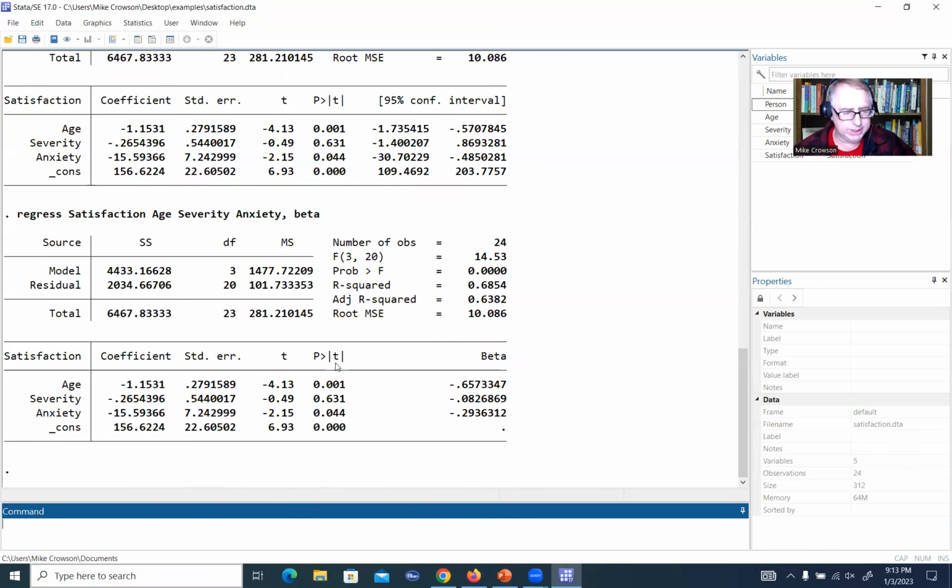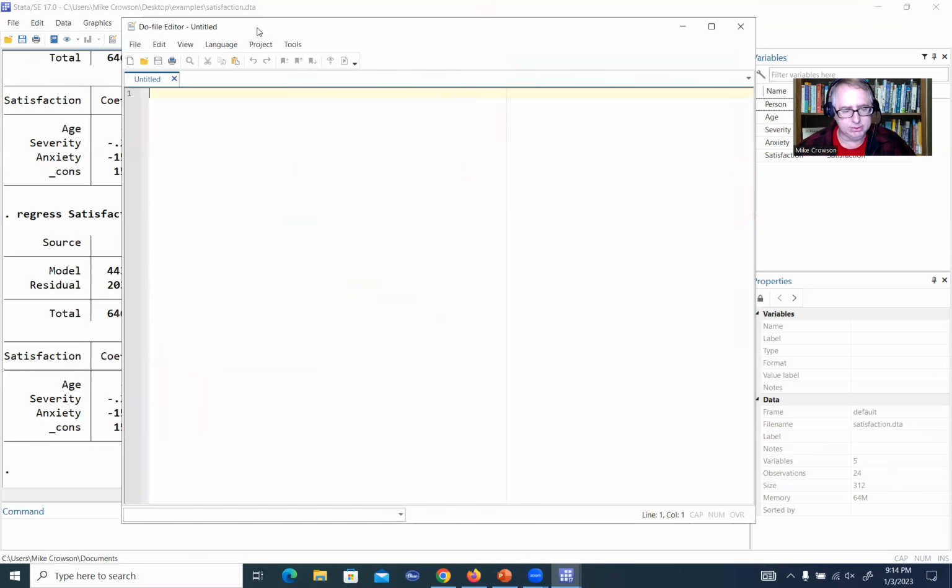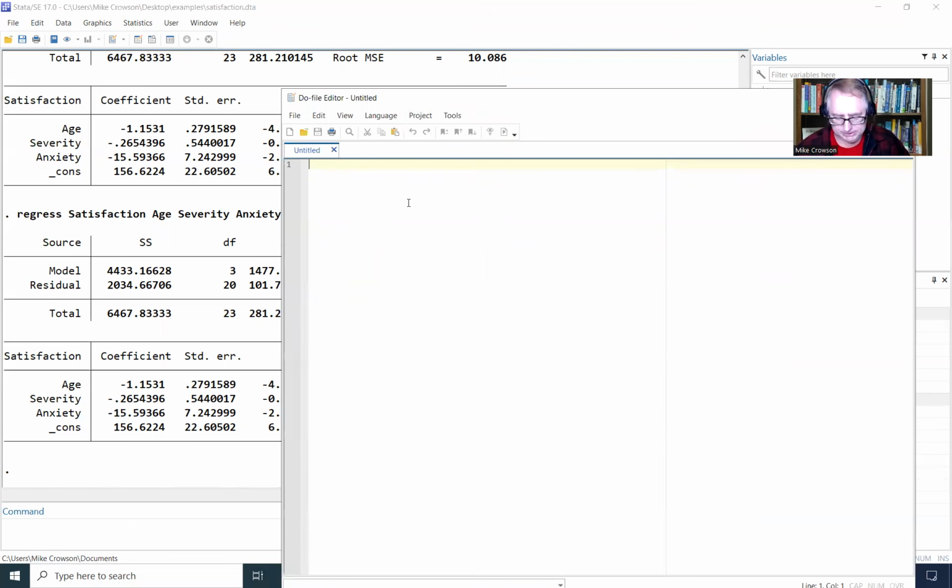Another option too for running your analyses and now also keeping track of what you've done before, if you choose to, maybe you want to go back and revisit what you've done previously, or you want to tweak an analysis and so forth, and you don't want to have to depend just on the command line. Another option is to use a do file editor. So if you go up here at the top, you'll see that where my cursor is, it says new do file editor. So if I click on that button right here, this little editor opens up, and